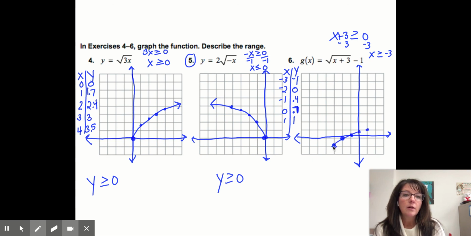So we'll draw our graph kind of like this, right? Now, look at this range, right? It's starting right here at negative 1. So y would be greater than or equal to negative 1. All right,